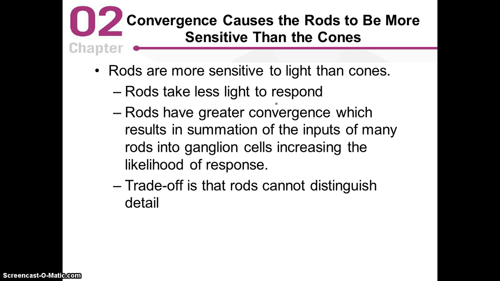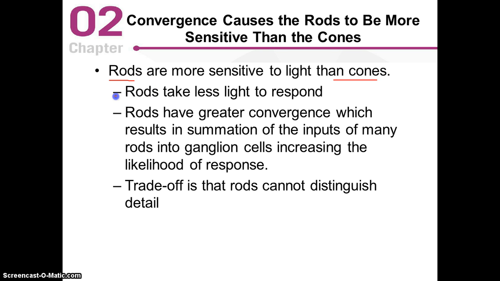It takes light of a higher intensity, a brighter light, to stimulate a cone than to stimulate a rod. So you can think of it in terms of threshold: rods have a lower threshold for responding,